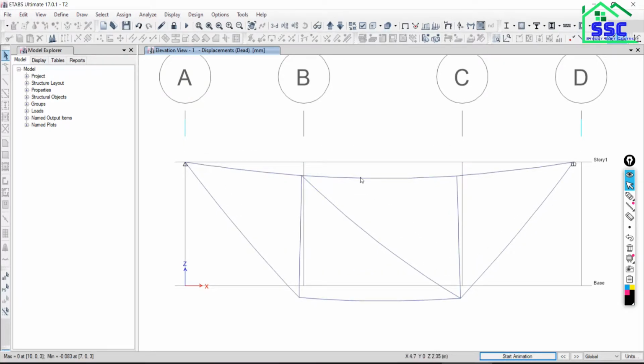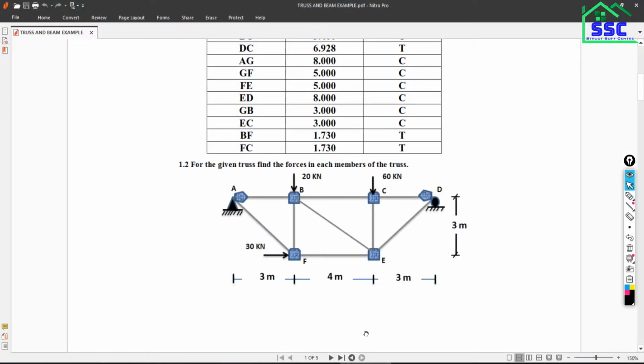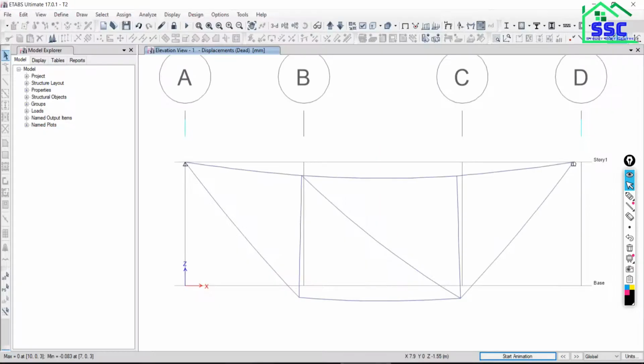So this kind of result you will get, but here we actually want to see the results in the members of the truss as axial forces. To see that, first we have to see the support reactions. How can you see the reactions at the support?